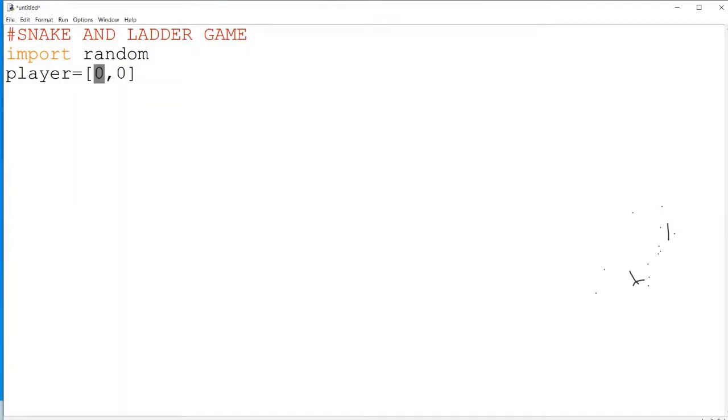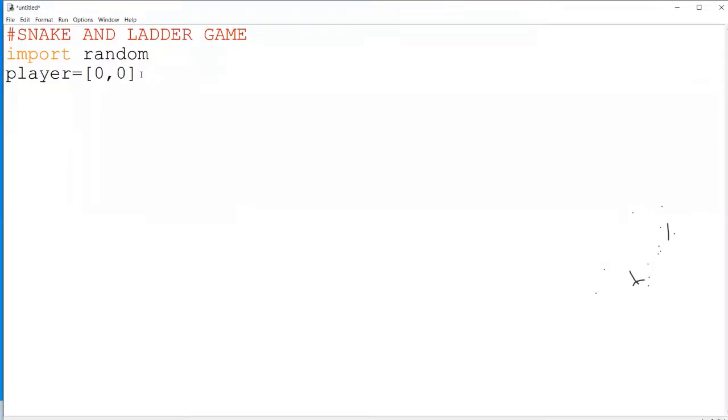This can be used for player 1 and this can be used for player 2. So if you wanted to access player 1, you should use player of 0, which means it is the first player's value. In the given example, it is 0 as of now. If you wanted to access player number 2, you have to use index position 1. Fine. So we have taken 2 players with the initial values as 0 and 0.